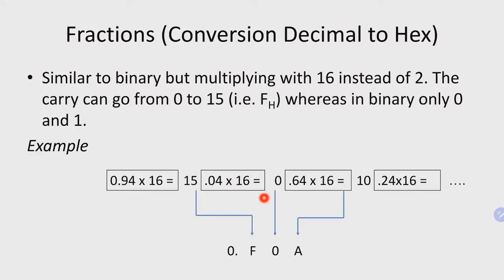And that gives us 0.64. In this case now the carry is 0, and we have 0 here in our conversion. And then 0.64, the floating point, we multiply by 16 again, and that gives us 10.24. And 10 in hexa is